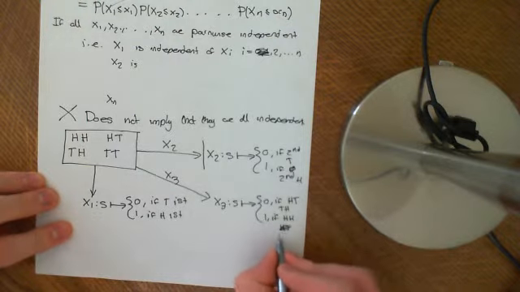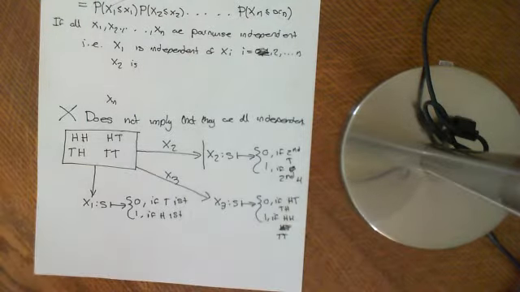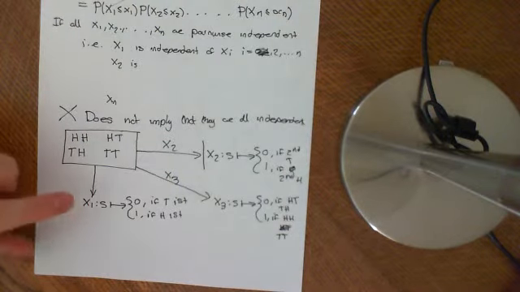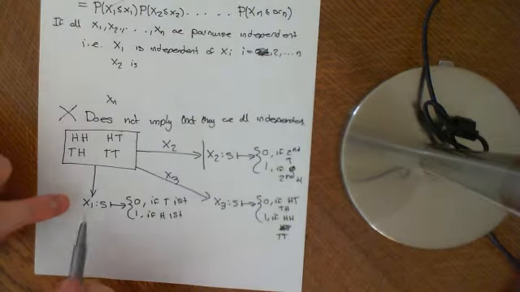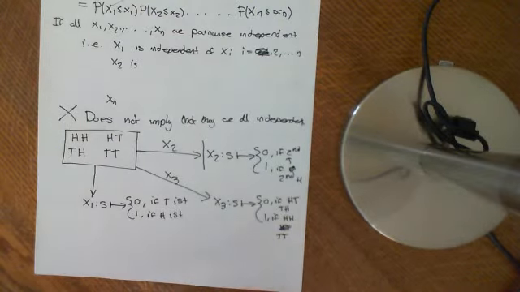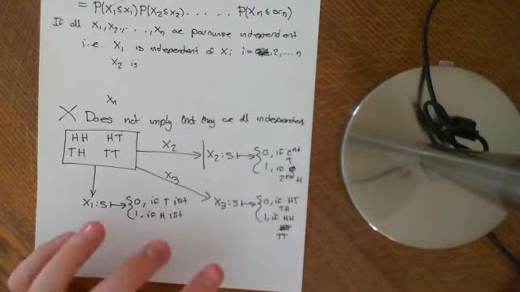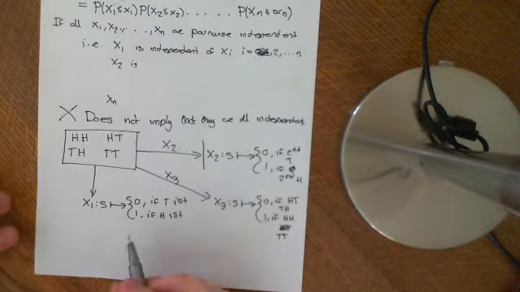Sorry, tail or tail or tail. Right, now, these are evidently not independent, because if I know the value of x1 and I know the value of x2, then I can work out the value of x3, because